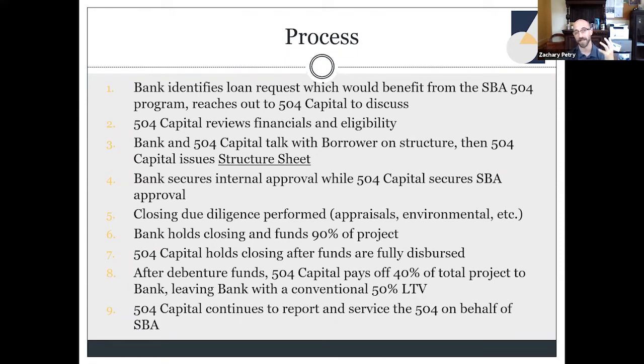9 times out of 10, the bank will close their loan, and then you'll have a second closing of 504. So the bank will close their loan, and in that scenario where it's a 50-40-10 split of the breakdown of the project costs, the bank finances 90%. They'll only close and finance 90% after they know that the SBA has the approval issued. Once they close and fund, then we will work with the borrower to get our closing done,